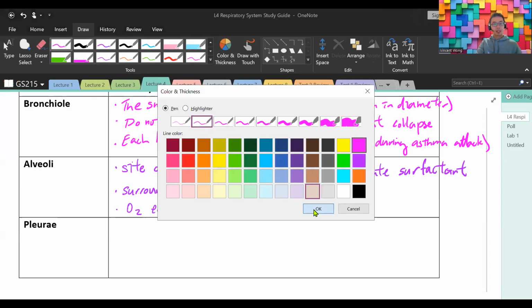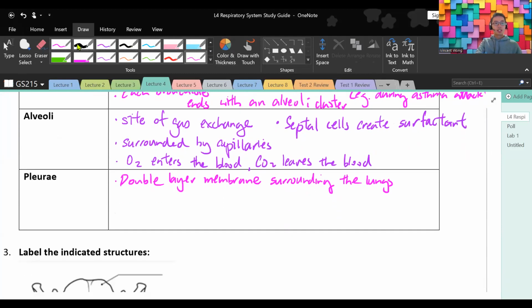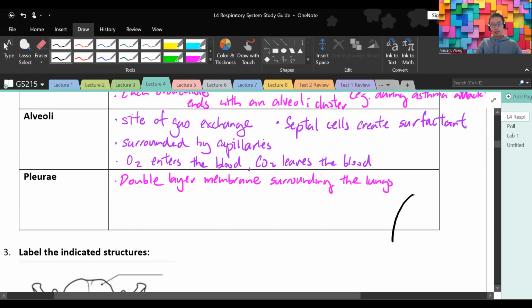Let's write it down. Okay, so the pleurae is a double layer membrane surrounding the lungs. Okay, so let's just try to draw this out for you. There is your lung, one of them anyways. Okay, you're gonna have the other one on the other side. All right. And so the